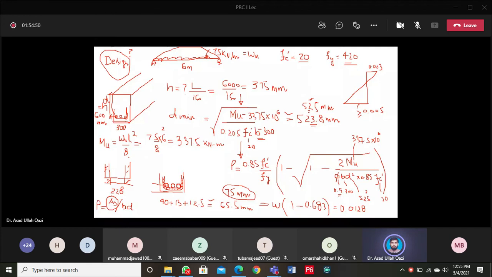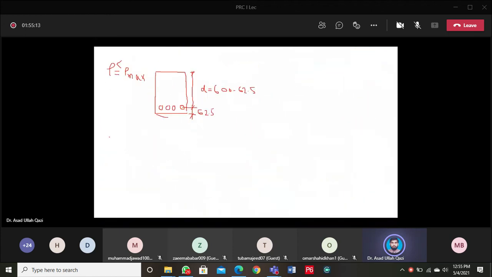Although this is one additional step, just to let you know that even if you are doing a design problem and you want to know what epsilon s will be in your design cross section corresponding to failure in concrete, you can do this with little effort, because you have the basic equation with you, T equal to C,